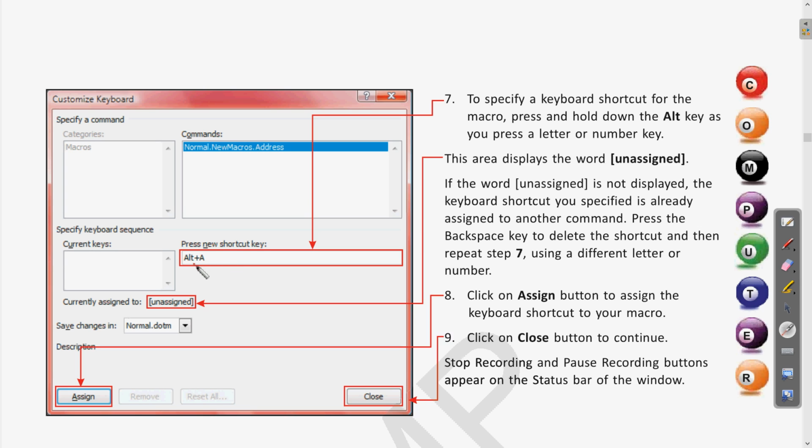If it is already assigned to some other function, it will show under Currently assigned. If it is assigned, it means you cannot use that key again; it should be unassigned. So if it appears as assigned, change to some new combination. Clear? From here we can make sure whether that key combination is assigned to anything or not. After writing this, click on the Assign button.